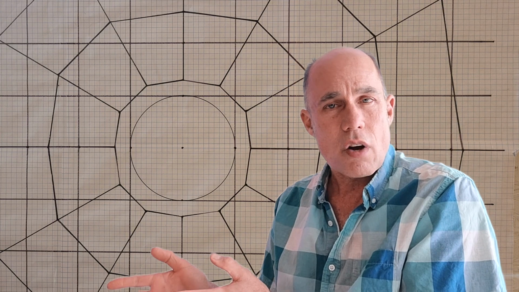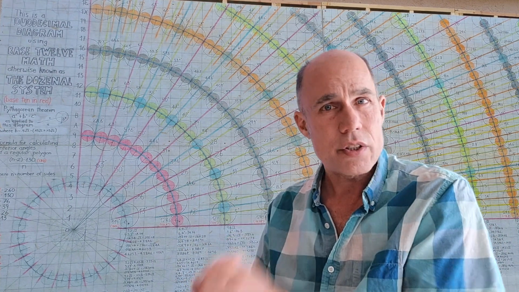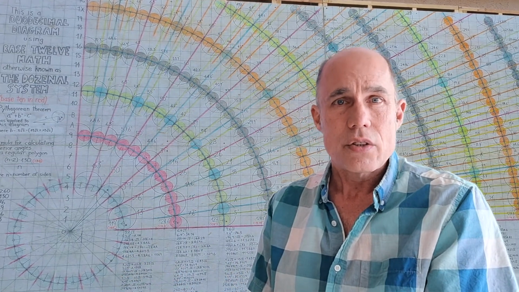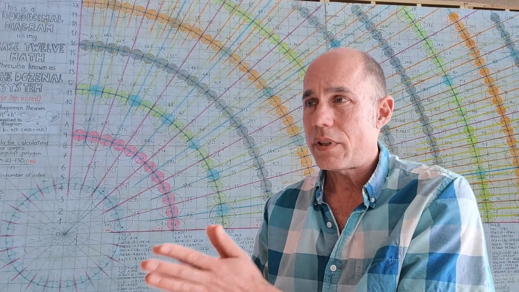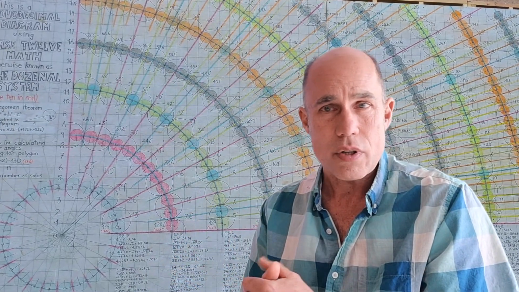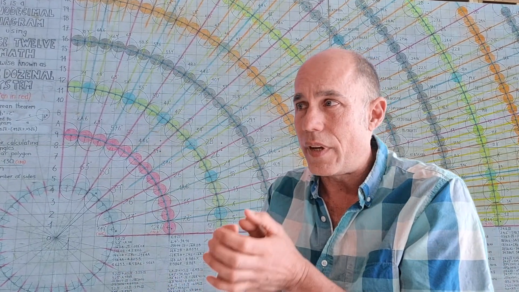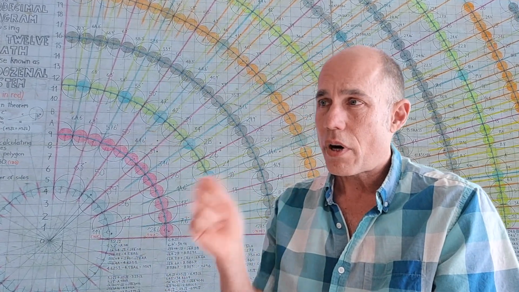And from this dodecagon, we can create a diagram that generates all 360 degrees around the circumference of a circle. We can basically plot points on the circle, as many as we want, using this geometry, and we can't do that in base 10. So this is a foundational geometric pattern that only exists in base 12, and unless someone actually takes the time to explore this geometry, it's a tool that we are unaware of. It's a foundational element that nobody's aware of, and unless you embark on a journey of exploration within base 12, you're never going to find it. And so the question comes up,